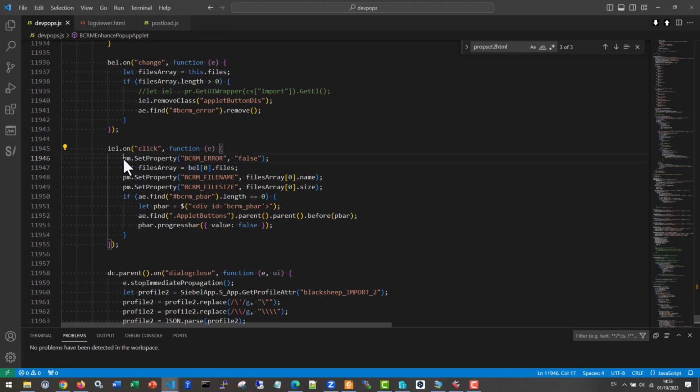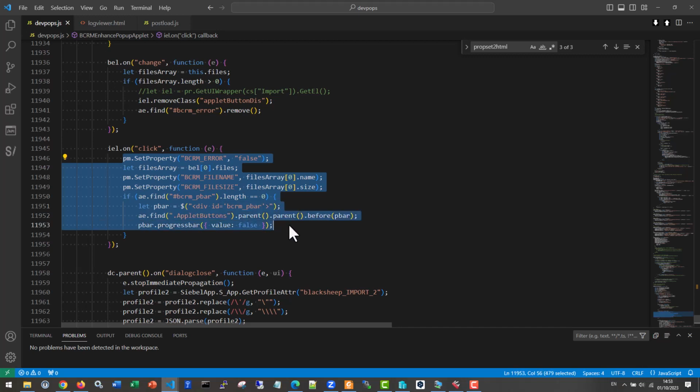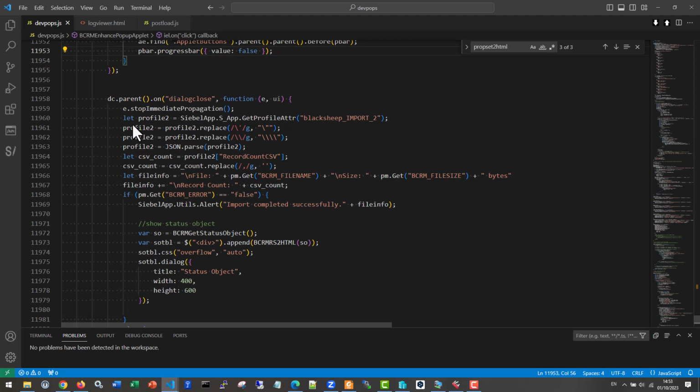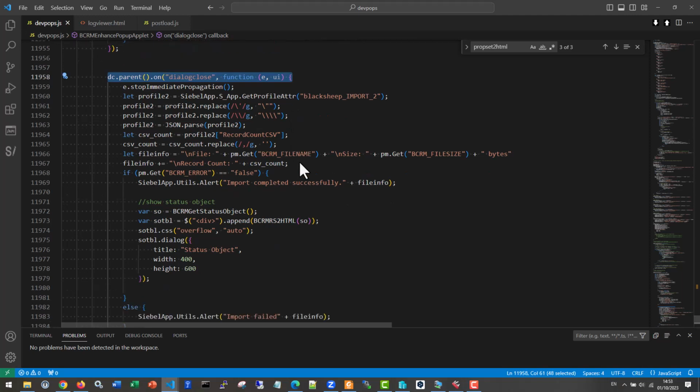That is a little bit more involved, but as you can see, it deals with creating the progress bar. So we'll check it out, of course, in a moment. And also a little bit more involved is the dialog close function. That will be actually needed in the third part of the video. So we won't discuss it